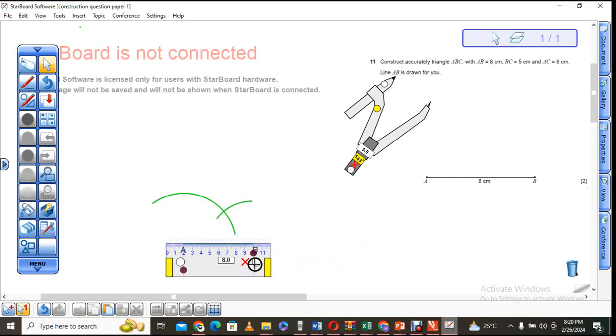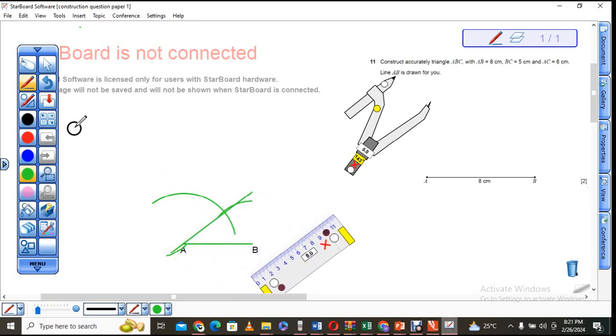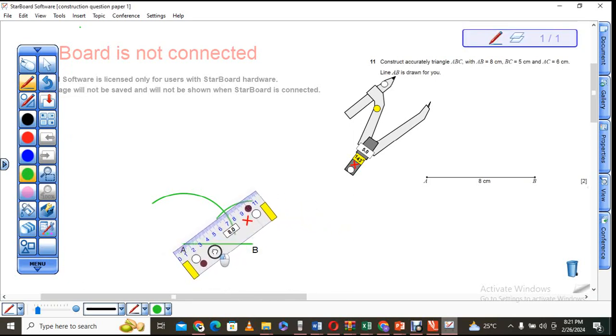Let me just make sure that you're not just going to join A as well as that, slightly there. So we're now going to join. Oh my goodness. All right. So let me just go back a bit. I'm going to take my ruler, and we're going to draw the line. And we're going to take the same ruler,